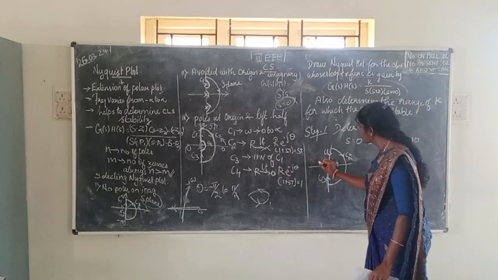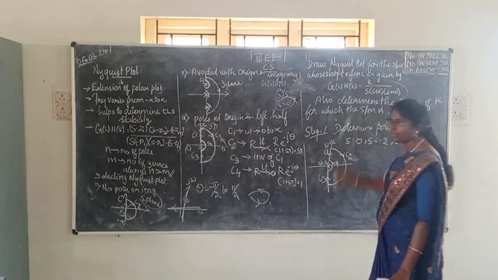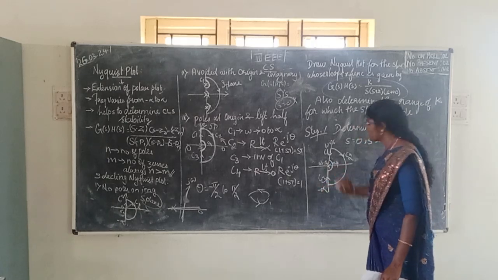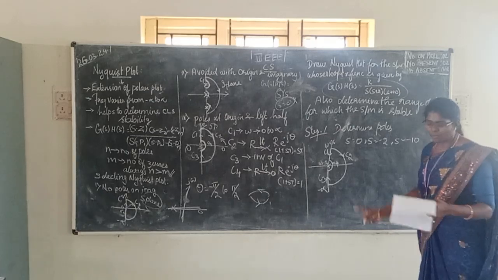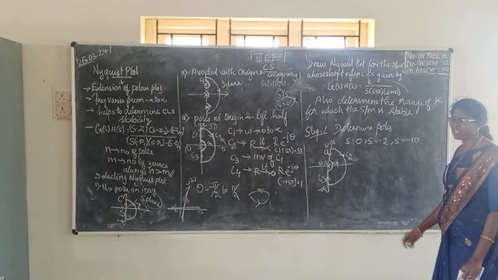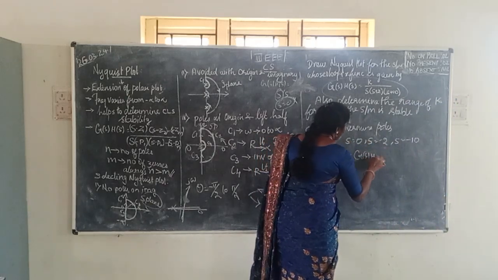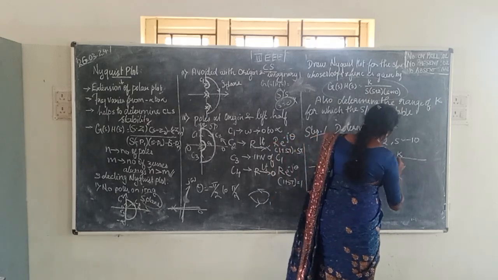The range of frequencies for C1 is omega equal to 0 to omega equal to infinity, and for here minus infinity to 0. So we have to map one by one. Before doing the mapping, what do you have to find out? Now look at the question. How is it? G of S is K divided by S into S plus 2 into